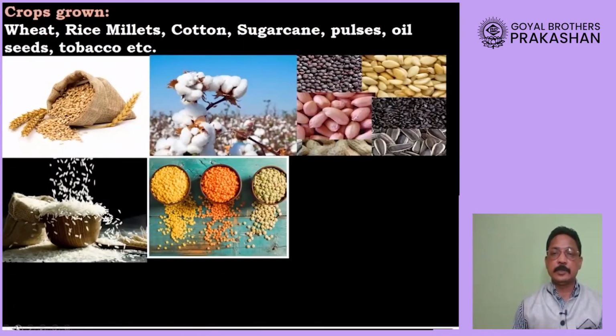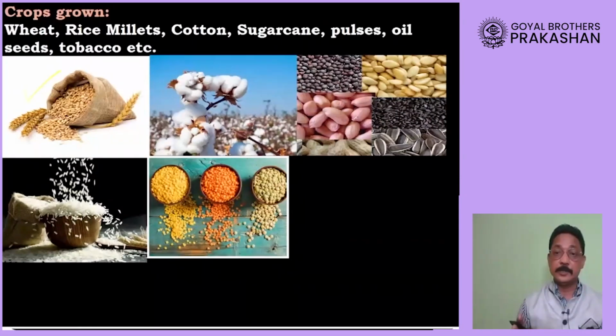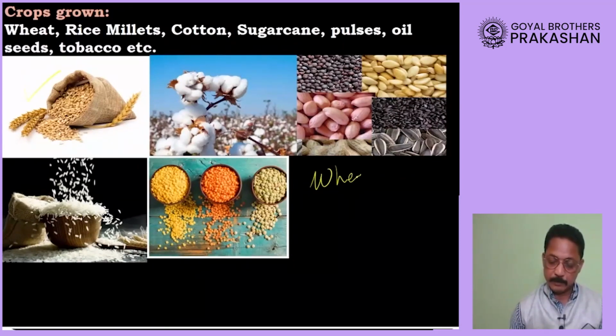Now let us look at the crops that can be grown in this soil. Okay, as you see the picture, you will realize here the first crop, can you identify it? Wheat. Okay, so as I said some time back, the soil supports the use of fertilizer. It allows the use of fertilizer, so it responds to fertilizer. So we have to use the term: red soil responds to fertilizer, and because of that we are able to grow wheat,